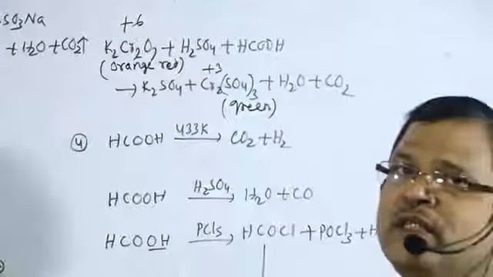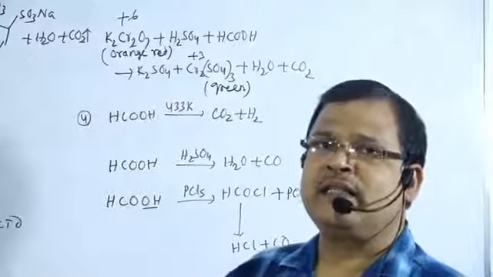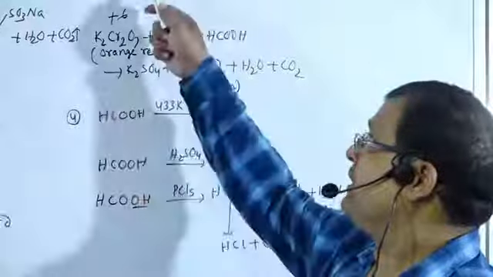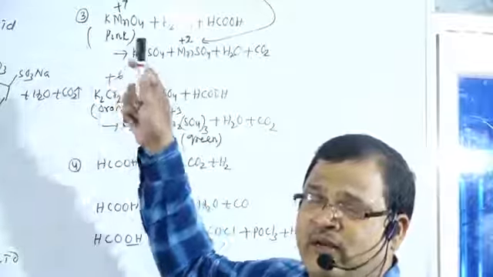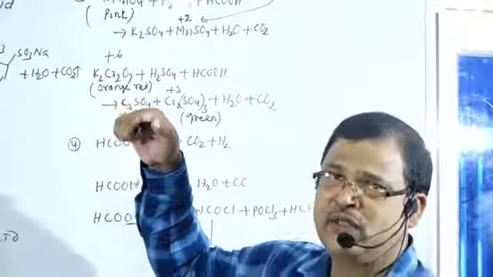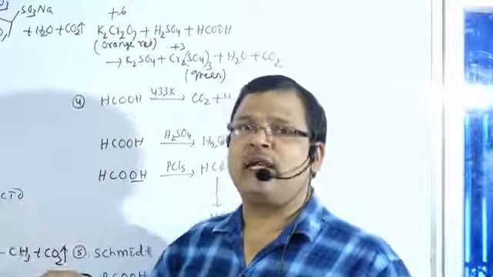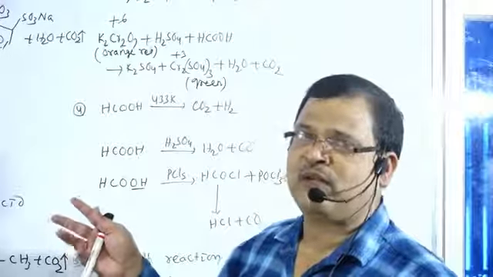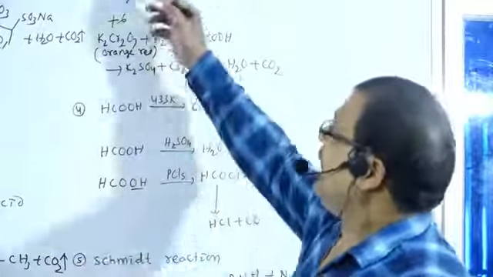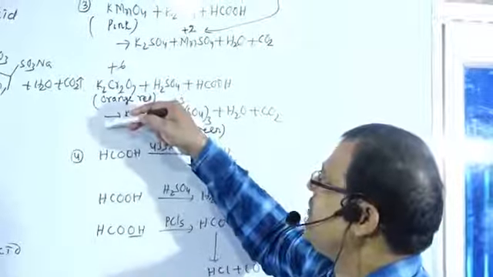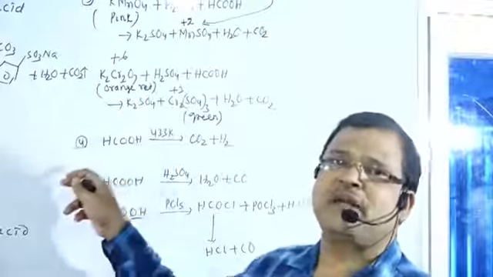In the last class we also discussed the special reactions of formic acid that discharge the color of KMnO4 or potassium dichromate, and that reduce Tollens reagent and Fehling solution. We also discussed the reaction with mercuric chloride, giving a white precipitate of mercurous chloride. These are the specific reactions of formic acid. Then what are the other specific reactions of formic acid?